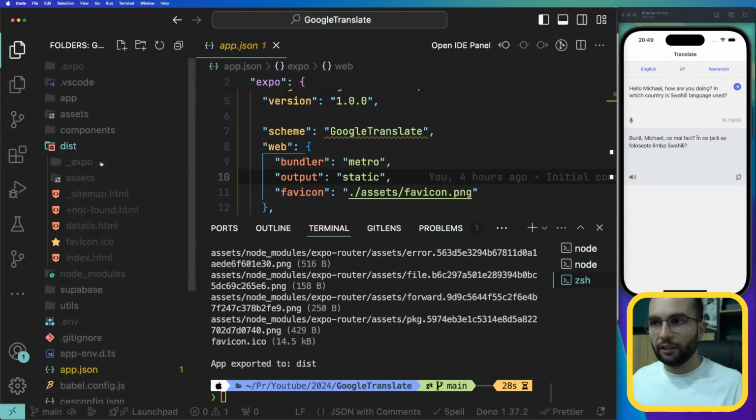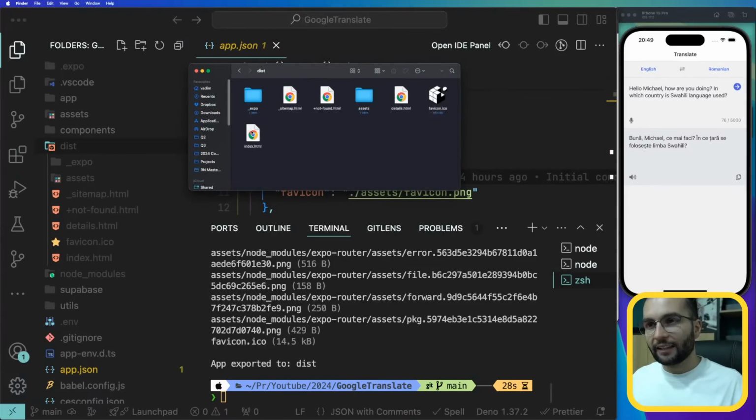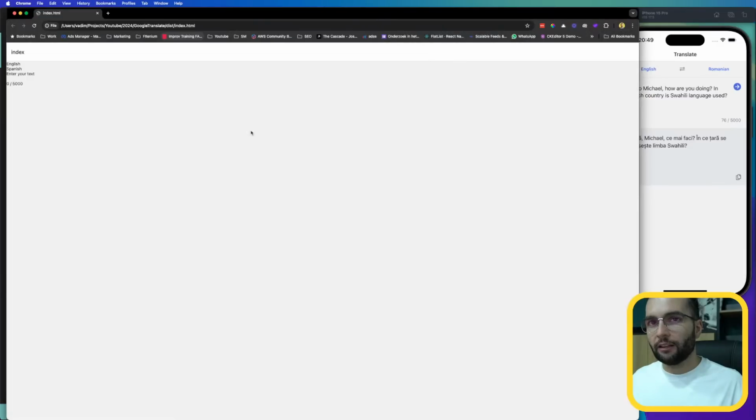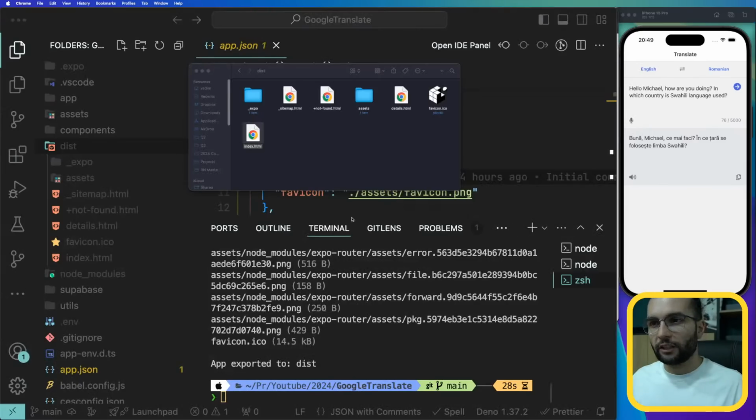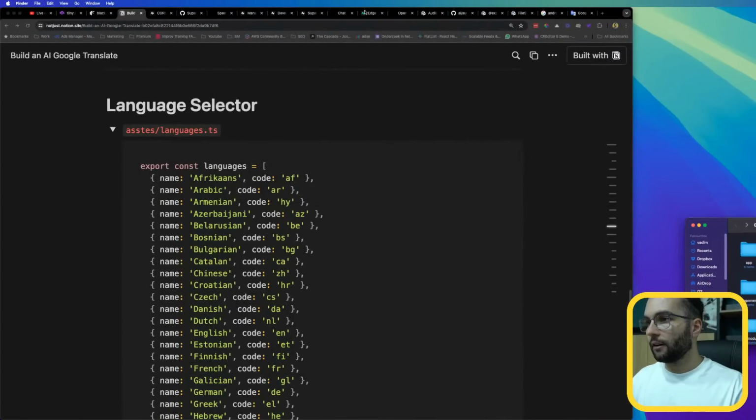I can do reveal in Finder, and here is the dist folder. I can try to open index.html, but it's not properly working because it's not referencing correctly the styles. But what I can do is I'll go ahead and